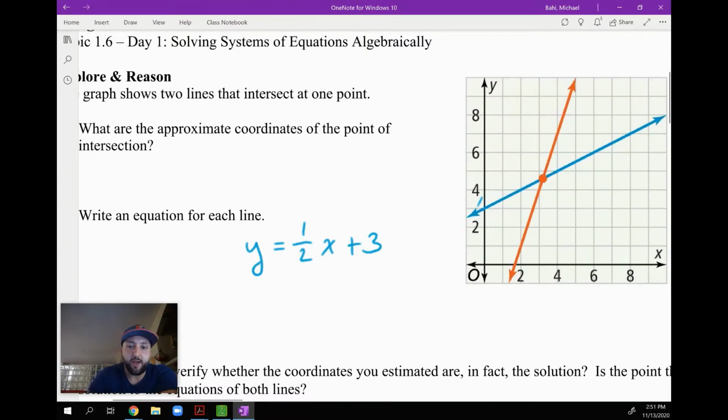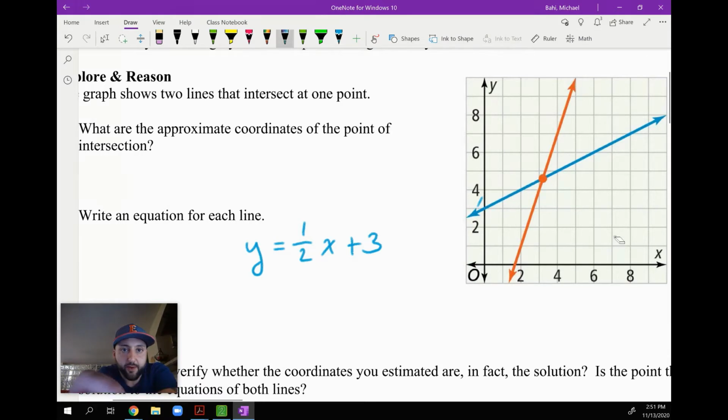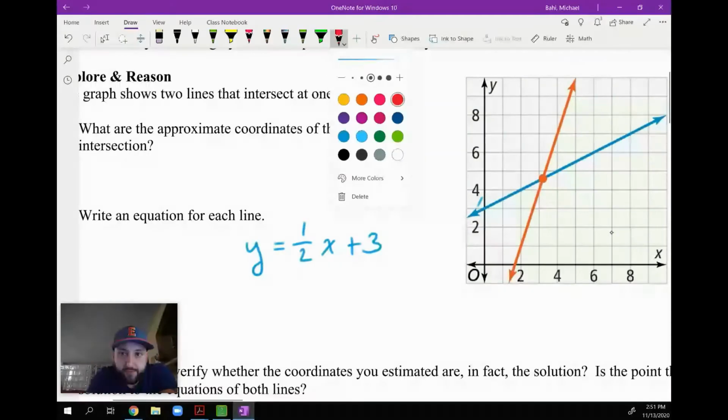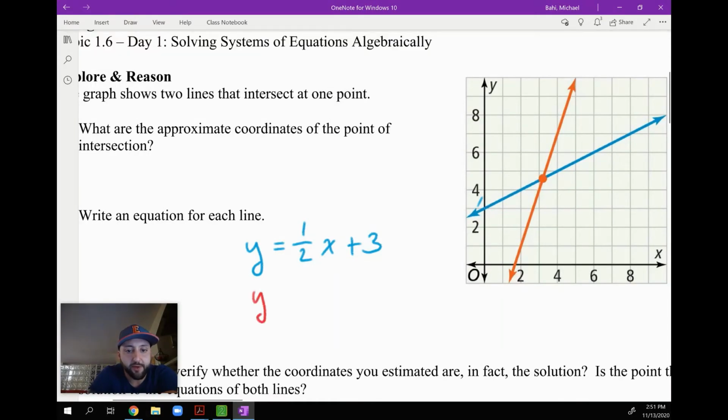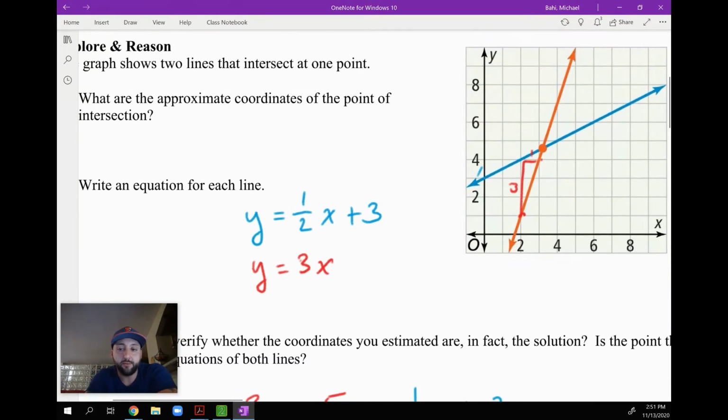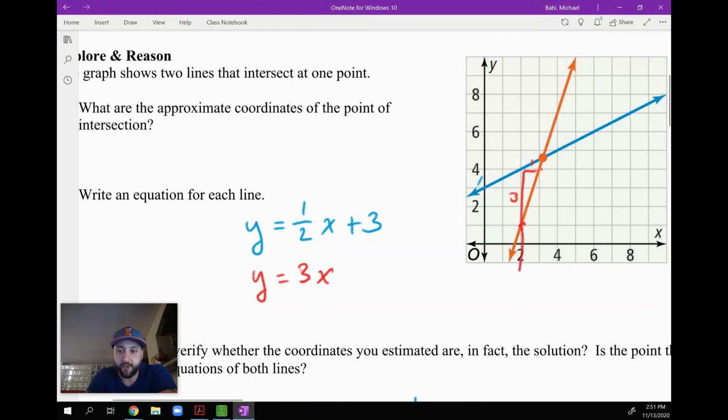Okay. Now for the red one, or orange, or blood orange, like we established for period 8, there's a lattice point there, and the next one is up there, so I'm going up 3 over 1, and that's also positive, up 3 over 1, which is actually just 3x. And then now we've got to figure out what the b value is. Now we can count from here, go down 3 over 1, down 3 over 1, and see where you land, but this also gives me a perfect segue into